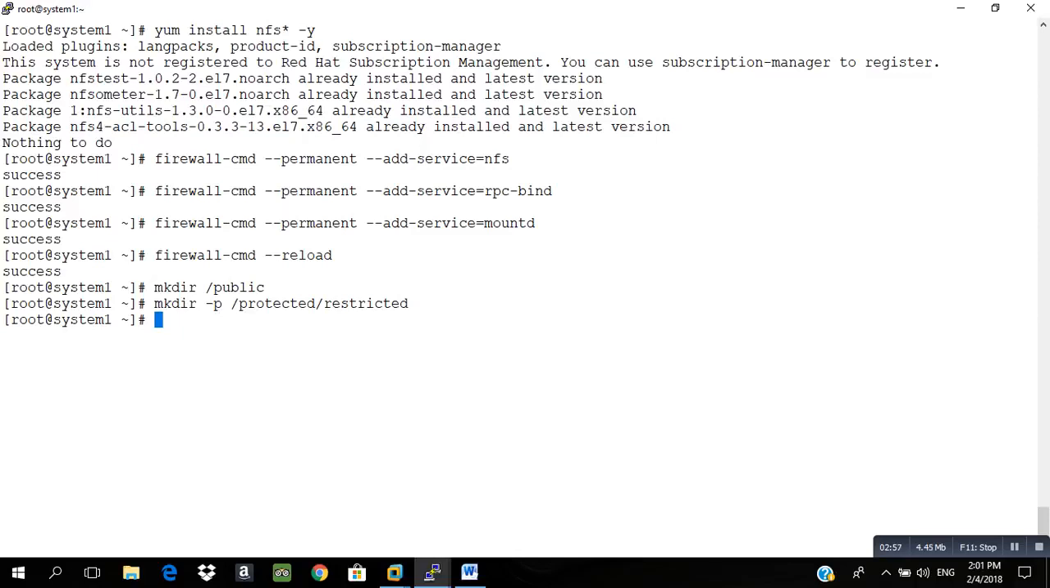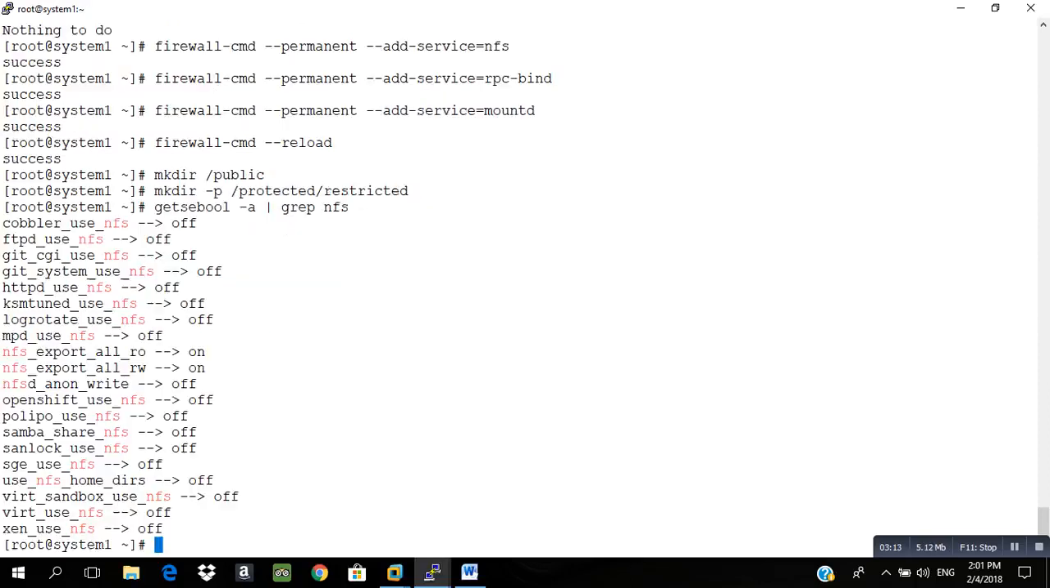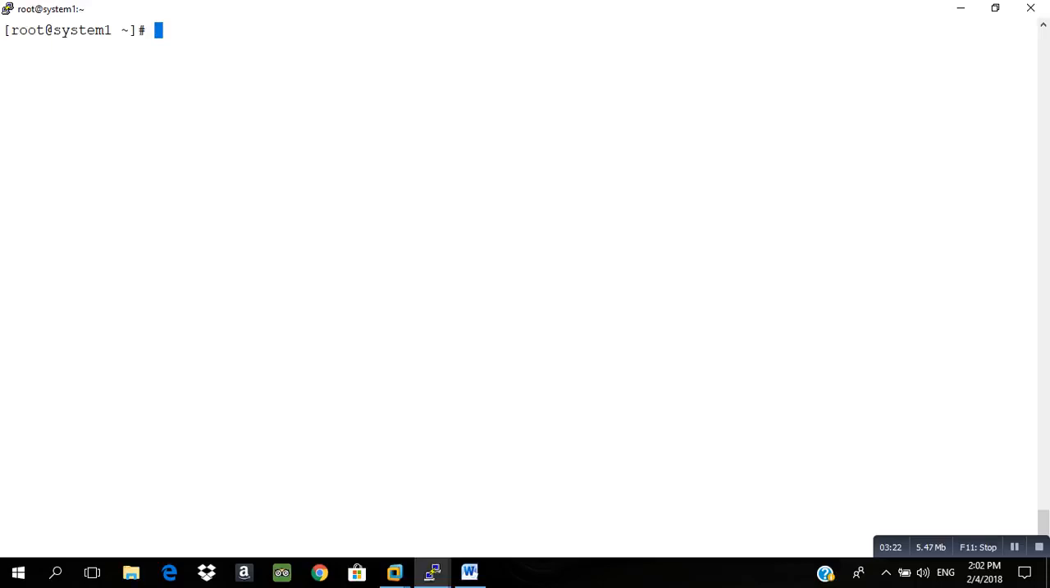As NFS is also a service, you need to set boolean value. Most of the time the boolean values for NFS are already set, but if you want to check, we can check with this command getsebool -a | grep nfs. As you can see, nfs_export_all_ro is on, rw is also on, so no need to make any changes. But as we have created a directory, so we have to make a semanage fcontext